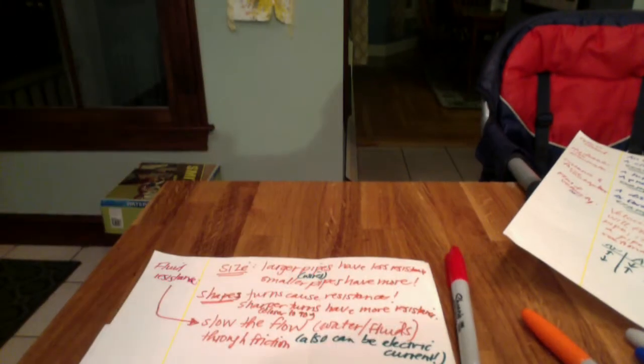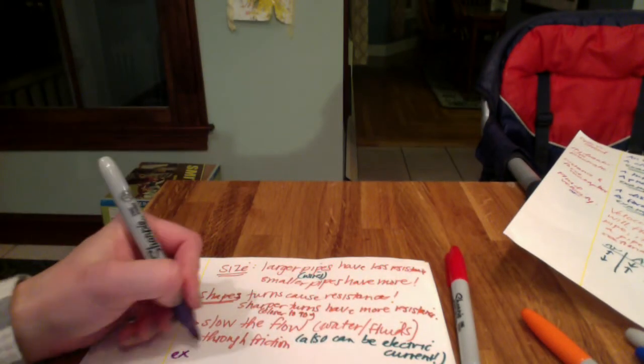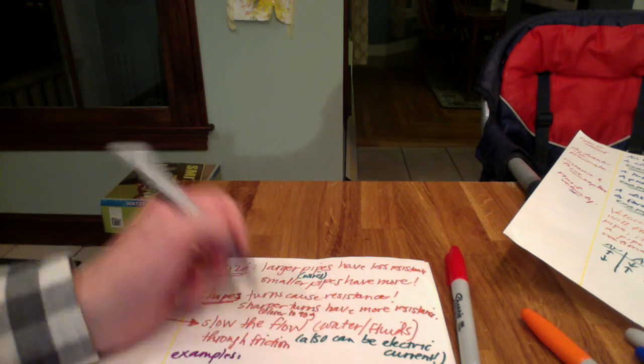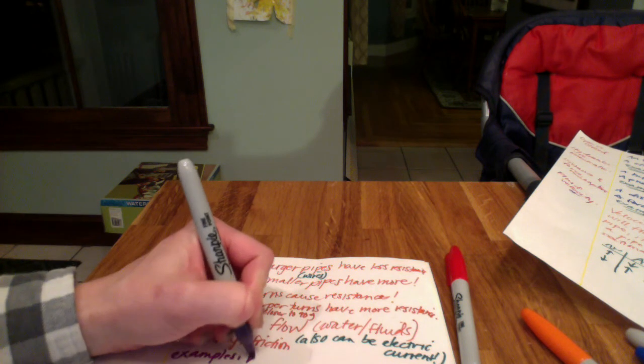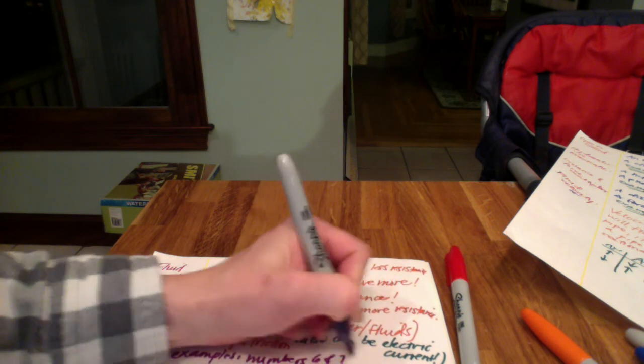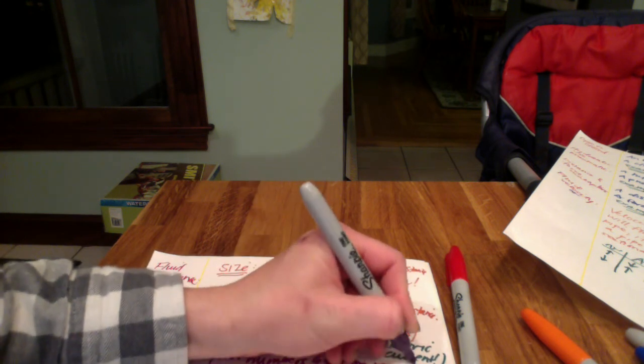All right, some examples of this. I'm going to just write down what they are on your review. The big example for that is going to be numbers 6 and 7 on the review. And if you have not done that, you should go and take a look at it right now. If you have done it and you watched the last video in order to figure out how to do that, please make sure that you have a good understanding of why that happens. Okay? So